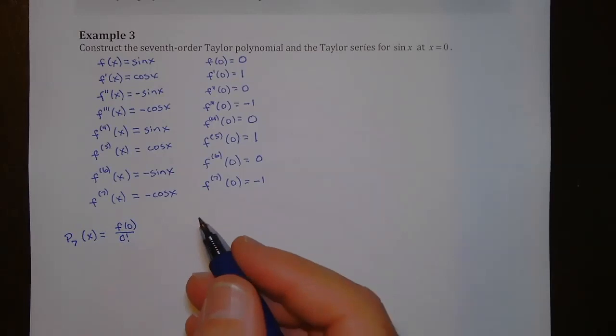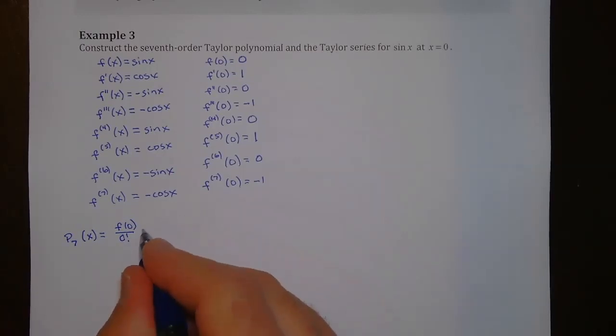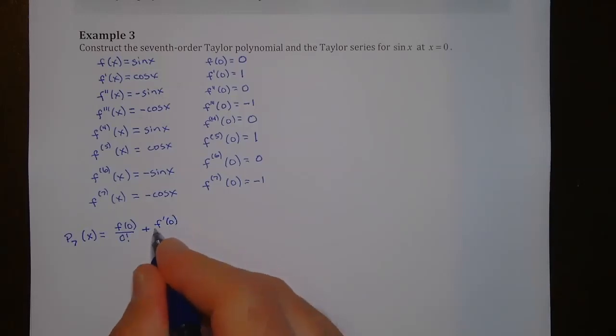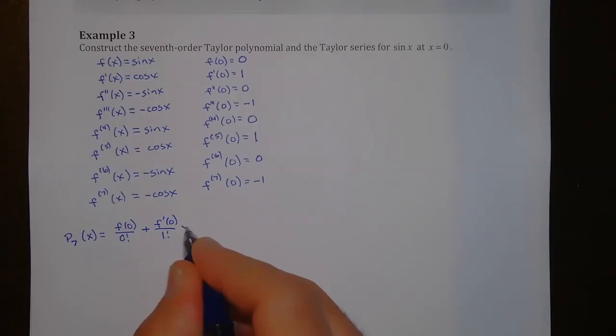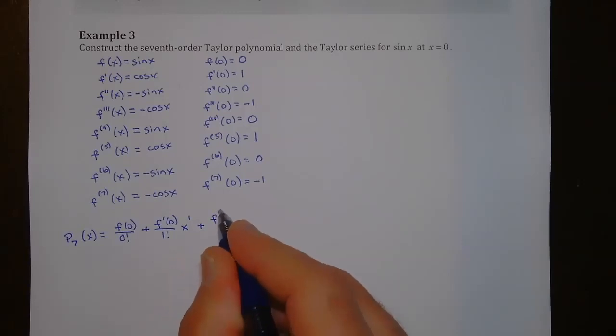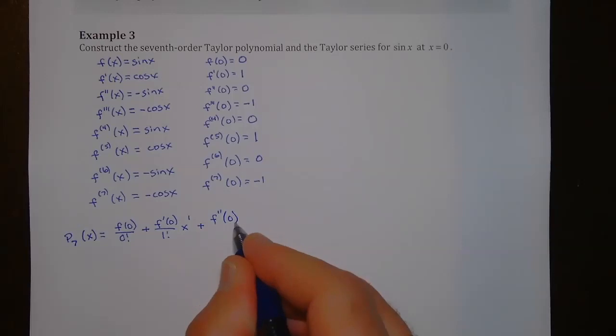Now, if you just wrote f of 0, you'd be right, okay? And then plus f prime of 0 over 1 factorial times x to the first, plus f double prime of 0